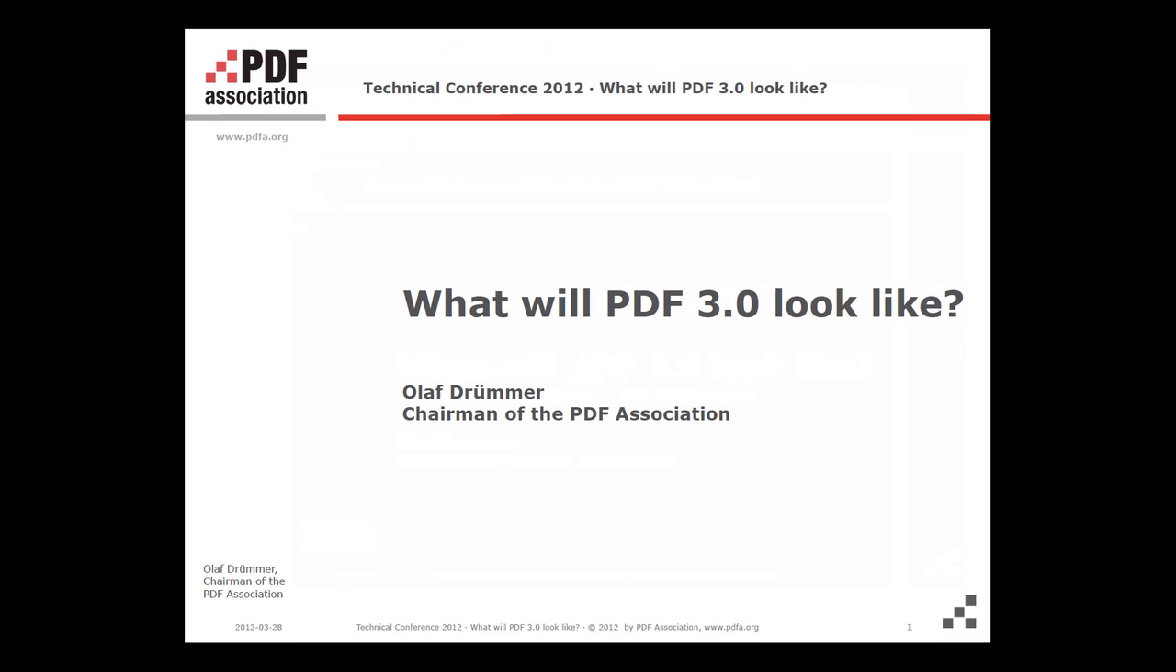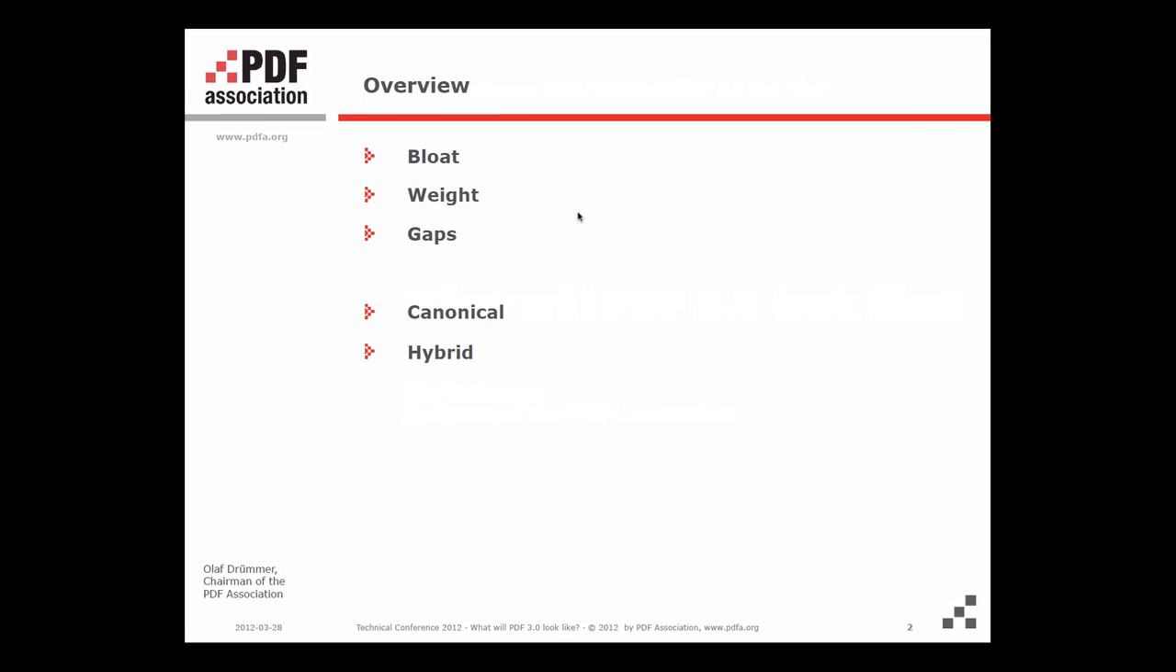I'm trying to take a slightly different angle, and we will have yet another angle right after me by Bill. I just thought about what I think at least PDF 3.0 should be like, from my point of view. And I'm also taking a look at what we have today and what I think would be a good direction to move into. This is an overview. I will talk about bloat, weight, and gaps, and about canonical and hybrid. And you will have to bear with me for a moment to find out what I mean by these 5